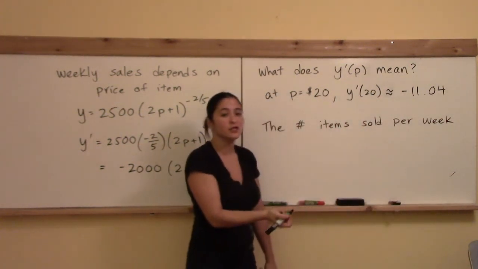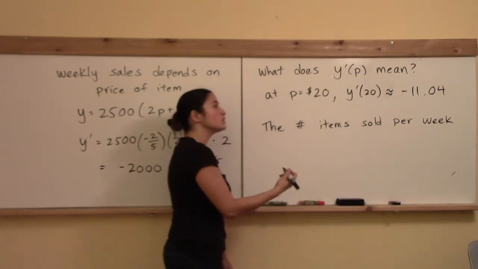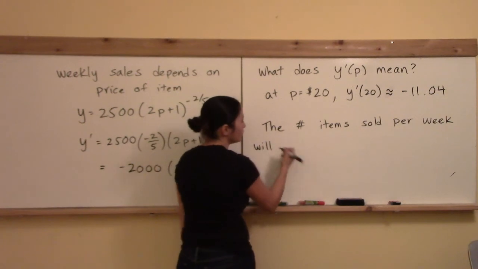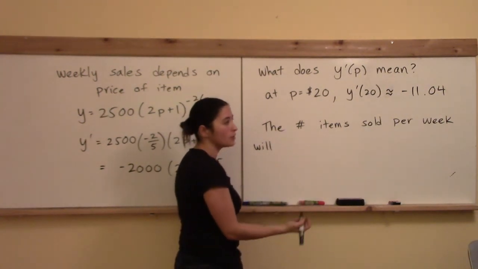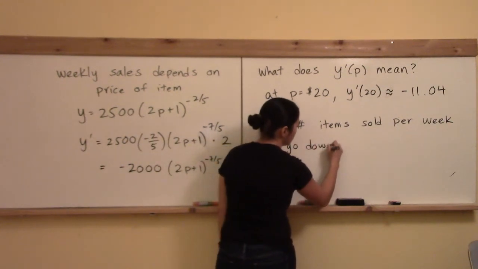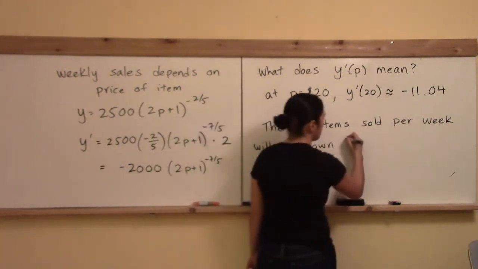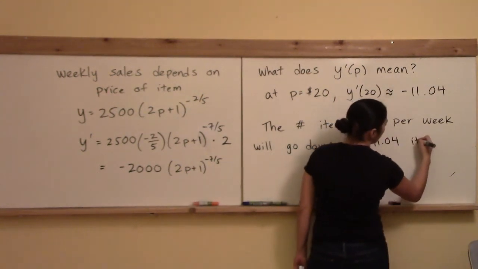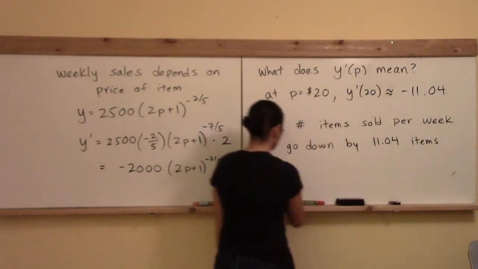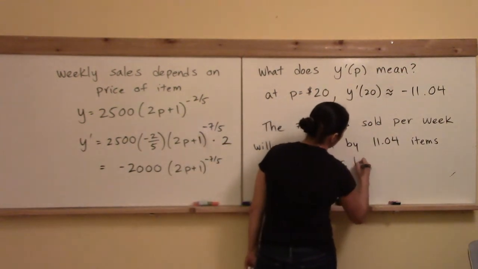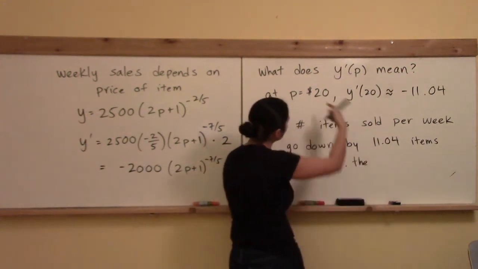So it always starts, the y variable will change by the derivative amount. So it will change, but it's negative, so I'm going to take the negative and write go down. That's what the negative means. We'll go down by about 11.04 y units, which is items, when we increase the x variable, which is the